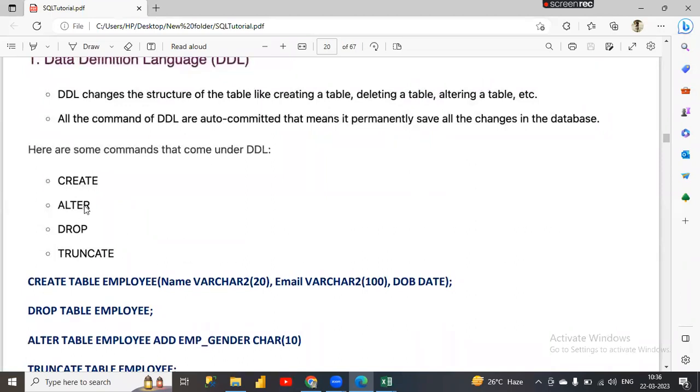So these three are clear. Create, alter, and drop. Yes. Everyone. Yes, yes. Okay. So if I say uh,